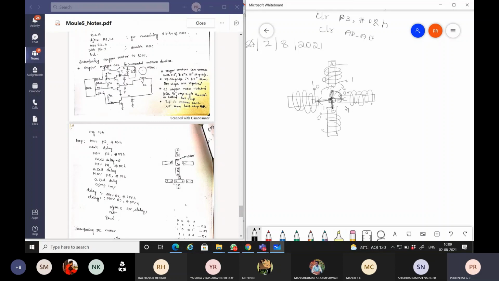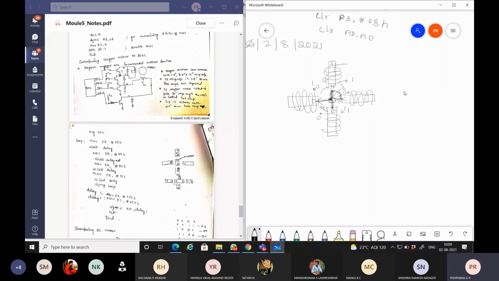This is for the needle. Assume that the stepper motor which you are exciting in this way makes the needle deflect in a clockwise direction. If it has to be done in an anti-clockwise direction, the coil energizing signals should be reversed. That's all.